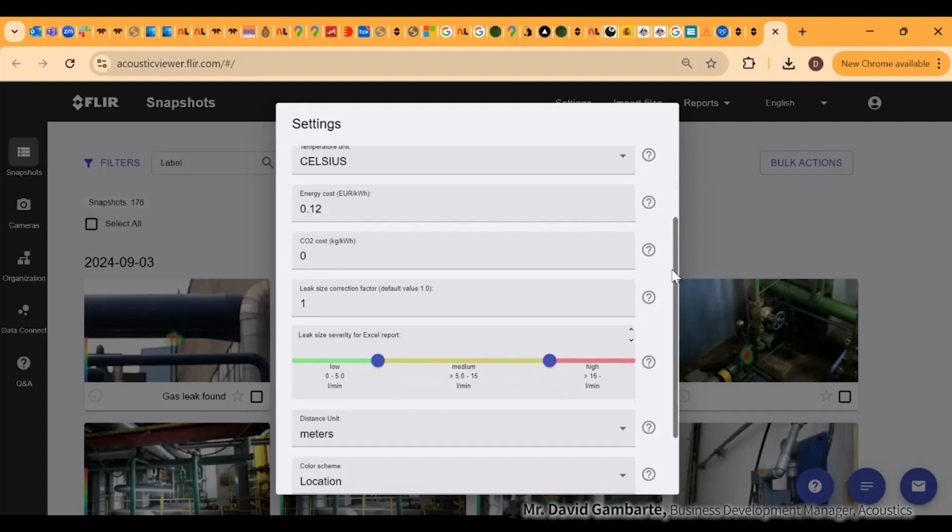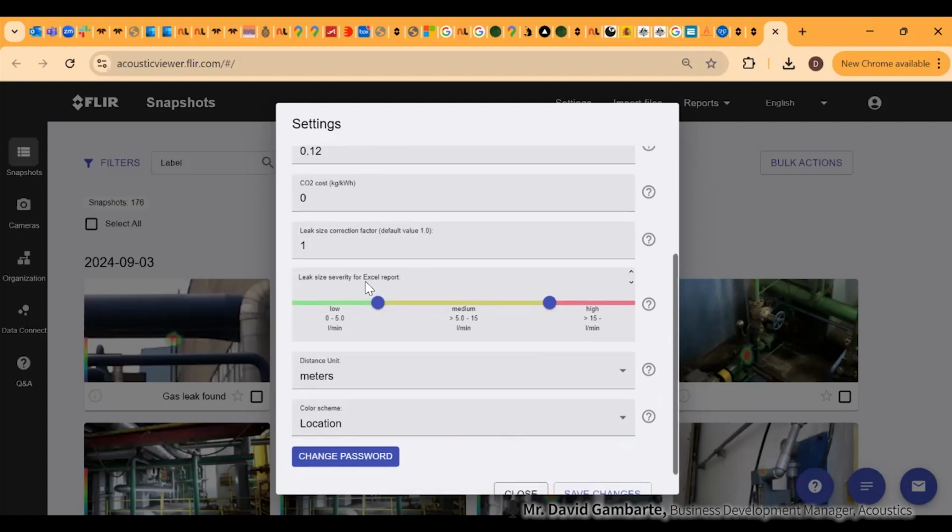So we wanted to add this as a correction factor to consolidate and harmonize the results internally. It's not that we want to correct our own calculations, but we want to add this possibility for those organizations that have different criteria or different technologies that are giving a slightly different result. So if you want to harmonize them, you can use this correction factor.